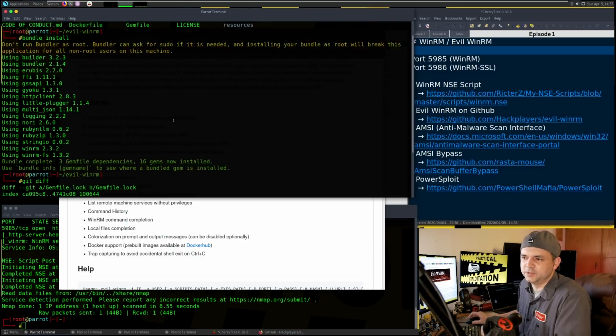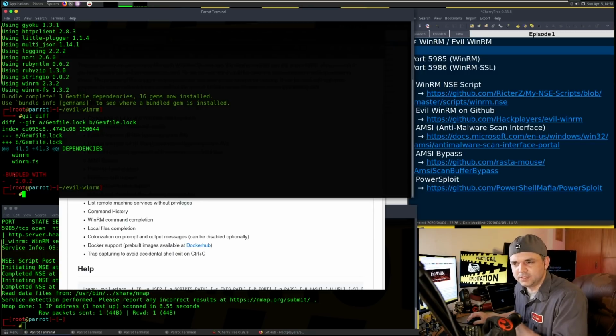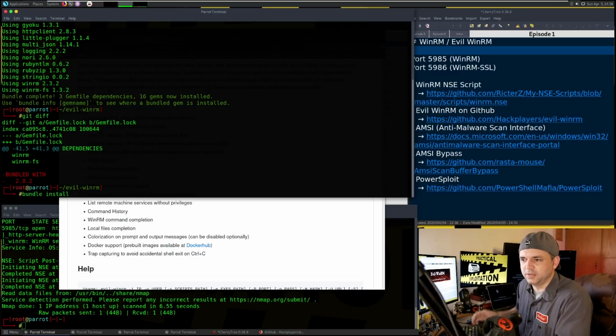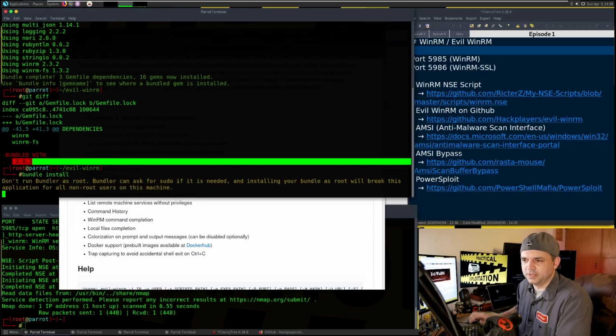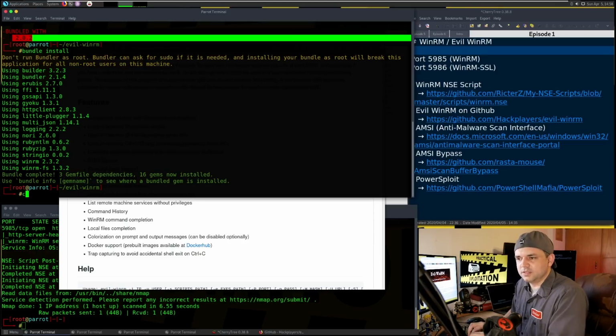One of the things that I don't like that I have to do with Kali, with Parrot, with any repo or any OS that doesn't really have an up-to-date bundler, then you have to remove this bundled with from the gem lock file. That'll allow you to bundle install stuff. So when I do bundle install, it would normally just block it because it's not the same bundler version. And if I just do a bundle install with it removed, I can actually get everything that I need. All right, so